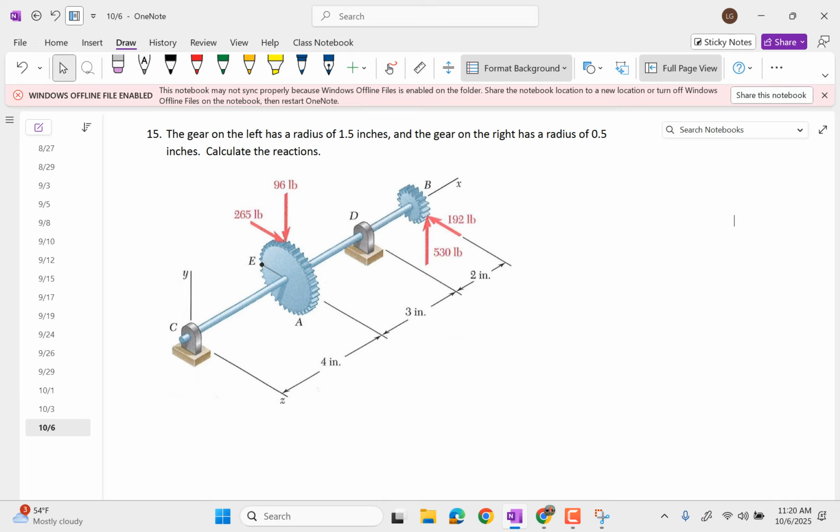Professor? Yeah. Would it be possible to have a moment on the z-axis? The z-axis, yes. But C and D could not do anything about it? Okay, so here's how it works. You're right that we're not going to put the couples in the equations. But remember that a couple is an equal and opposite